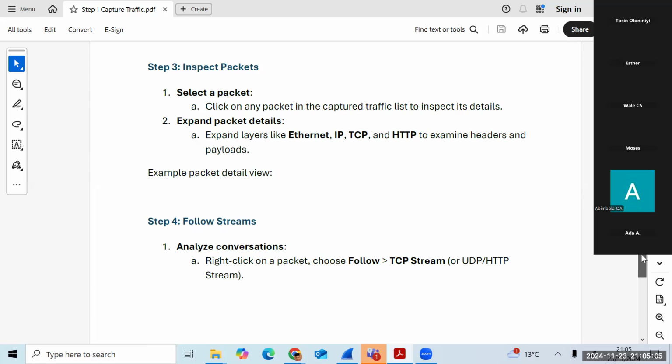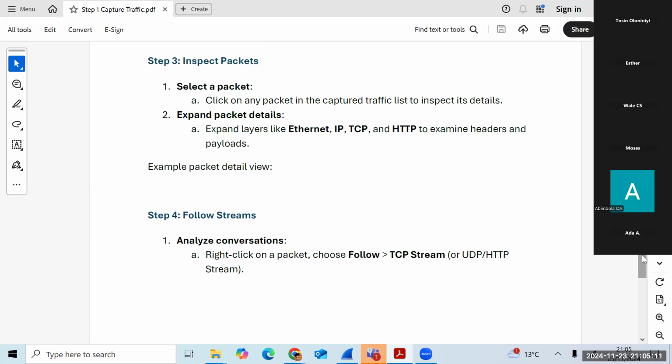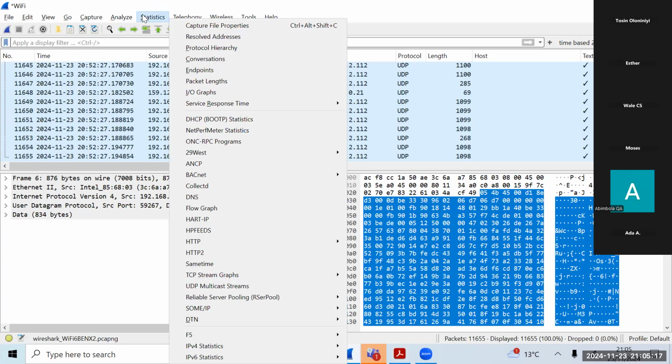Right, so yeah, how to inspect the packets. We've also talked about this. Okay, another thing we can do, I'll quickly talk about the statistics tab here. Under the statistics tab, there are lots of options, and if we have time in the subsequent class, we can take a look at them, but I just want us to focus on protocol hierarchy and